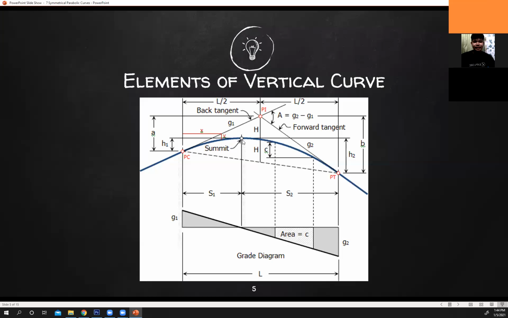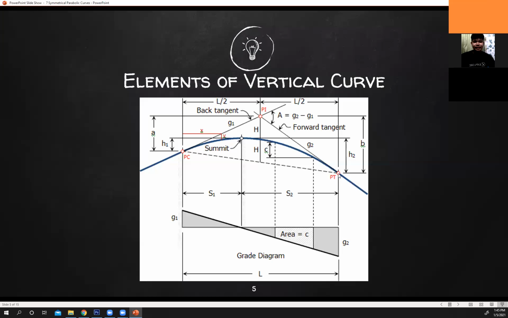Then here at the summit or sag, remember from your analytic geometry, I believe, the highest and lowest points on a curve have slope equals 0. That's why the 0 mark is the slope here. Then after that point, your slope is descending. That's why it's now in the negative part of your diagram. Then from a relatively flat slope, it gets steeper and steeper. That's why the value of your grade or slope is increasing.